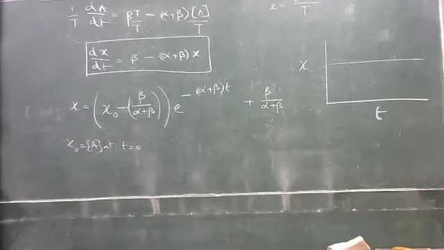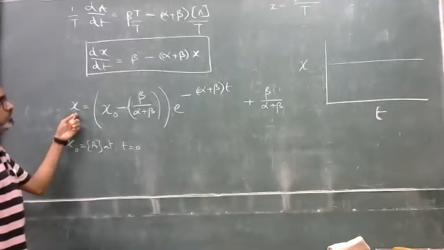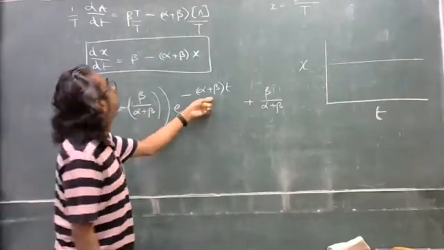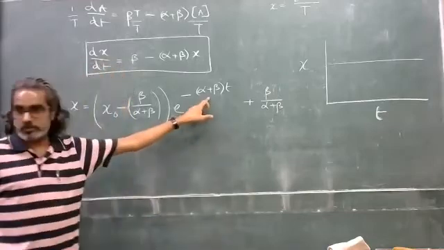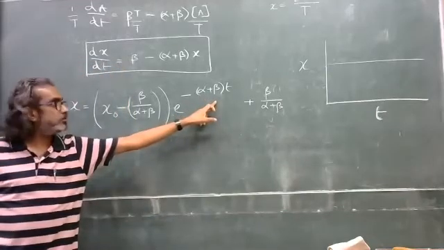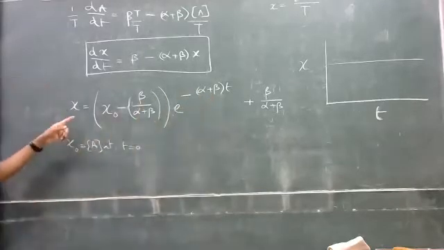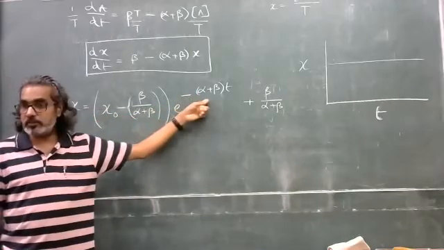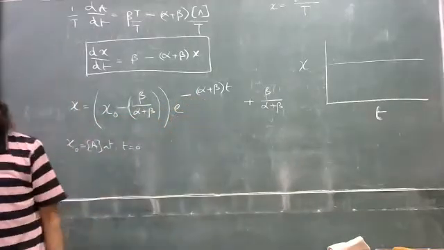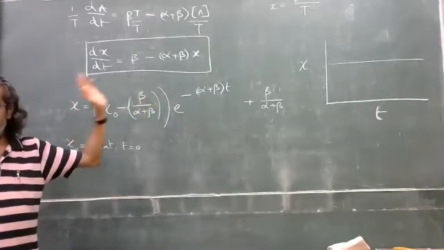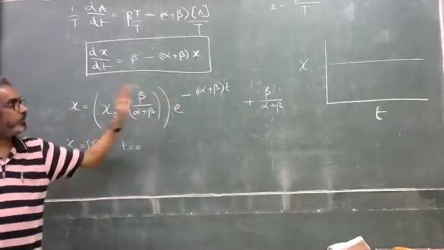In this expression, the rate at which X changes is the sum of the rate constants. So we have seen that. Alpha is the forward rate constant and beta is the backward reaction rate constant. So the rate at which X changes is basically the sum of the rate constants. These are called relaxation processes, in which X does not depend on either forward alone or backward alone, but on the sum of